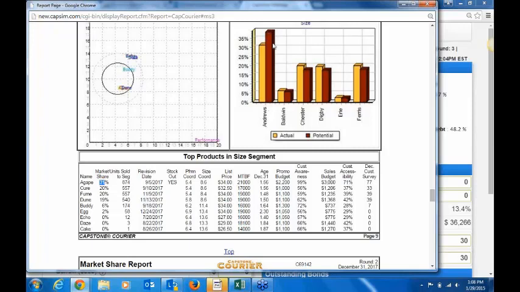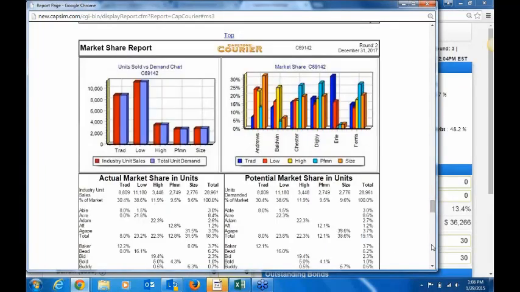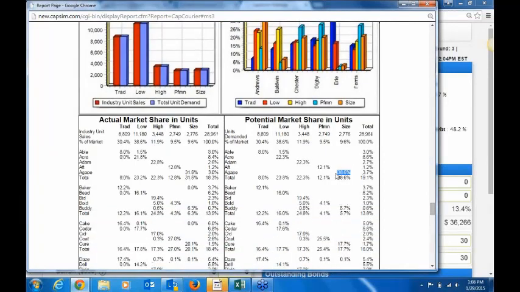I stocked out. If the red line is higher, that was a stock out. So what I would then do is disregard my 31%, because that number is pretty irrelevant, and go down to my market share report, where I would see that instead I should have got 38.6% of the market. So I would use 38.6% times that segment's next year demand, using the same process that we came up with for the high-tech segment, and that could be a starting point for my forecast there.